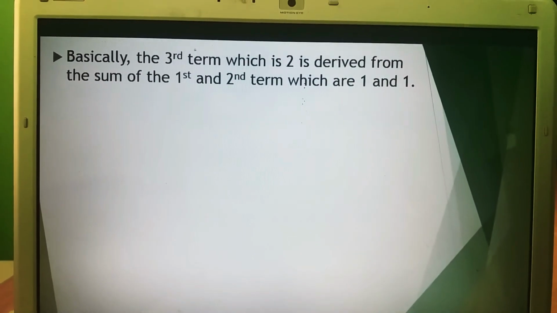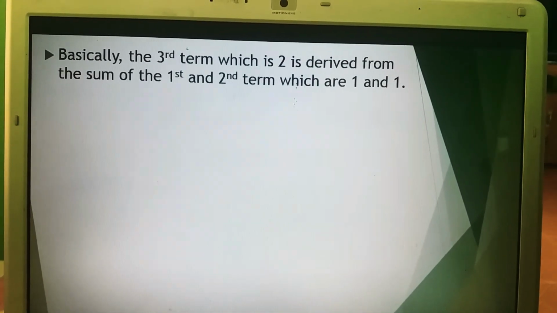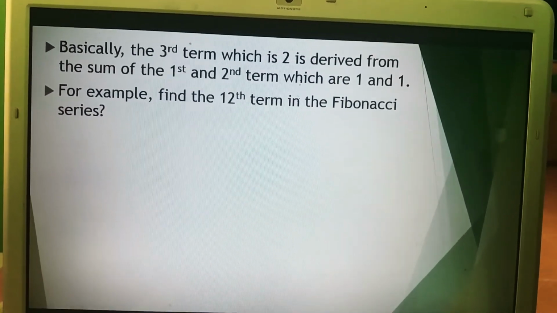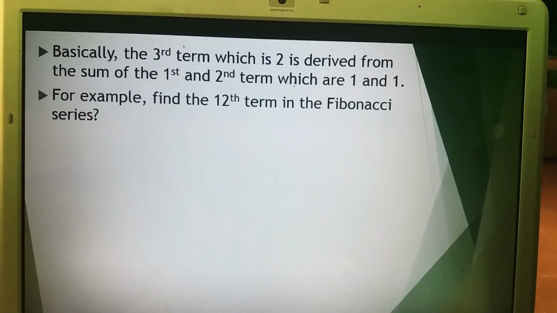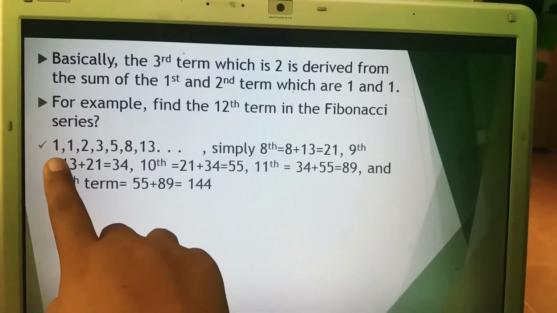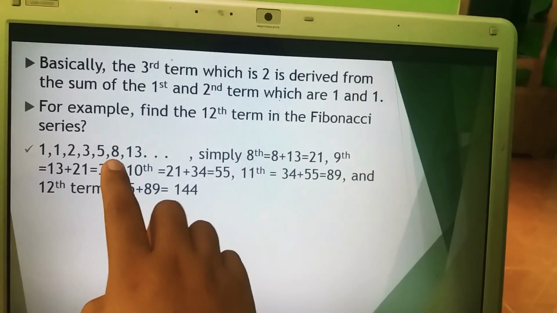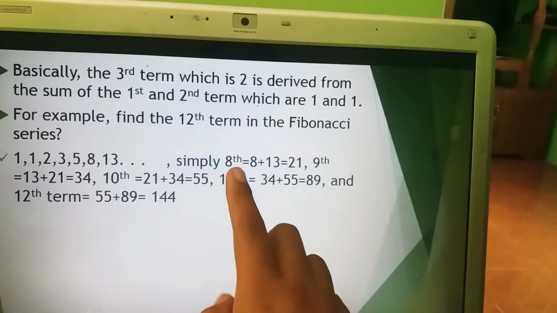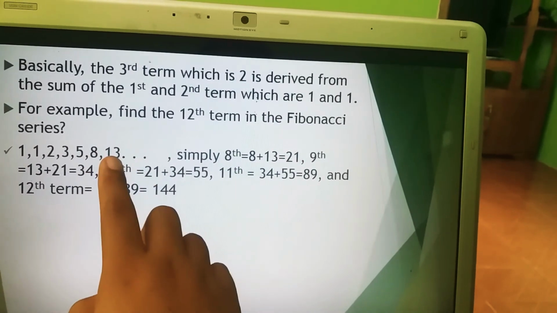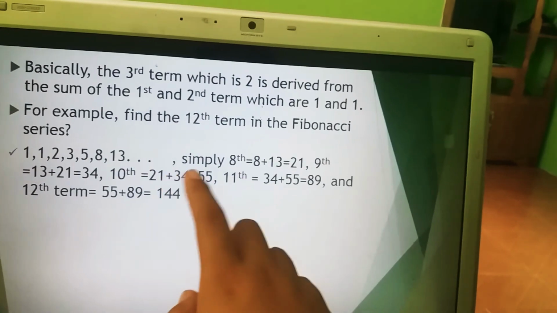Basically, the third term, which is 2, is derived from the sum of the first and second terms, which are 1 and 1. So, for example, find the 12th term in the Fibonacci series. We have the Fibonacci series given a while back: 1, 1, 2, 3, 5, 8, 13. Simply, we have the 1st, 2nd, 3rd, 4th, 5th, 6th, 7th terms, and we are asked to find the 12th term. So, simply,